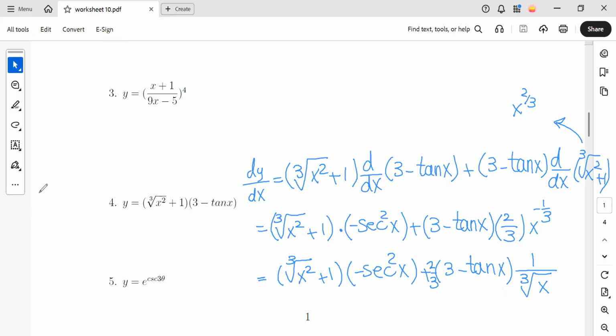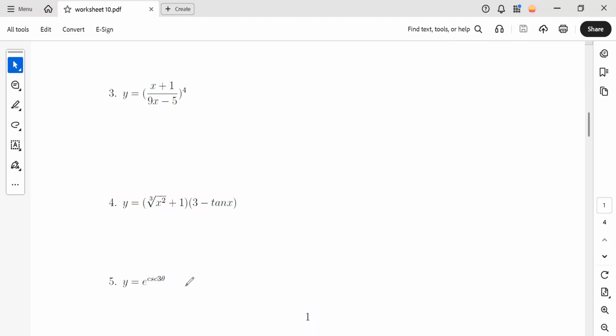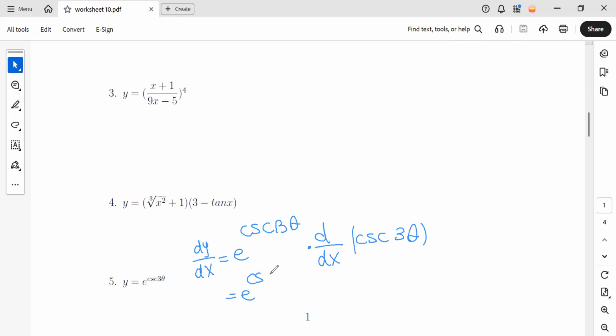Number 5 is an exponential function with base e. So for finding the derivative, we would write a copy of this multiplied by the derivative of the power, which is cosecant 3 theta. So keep the first one,